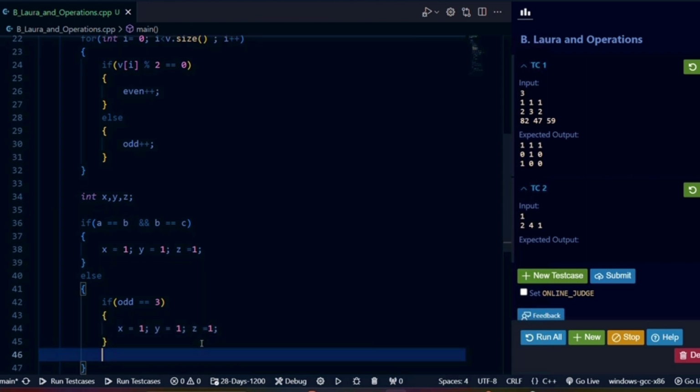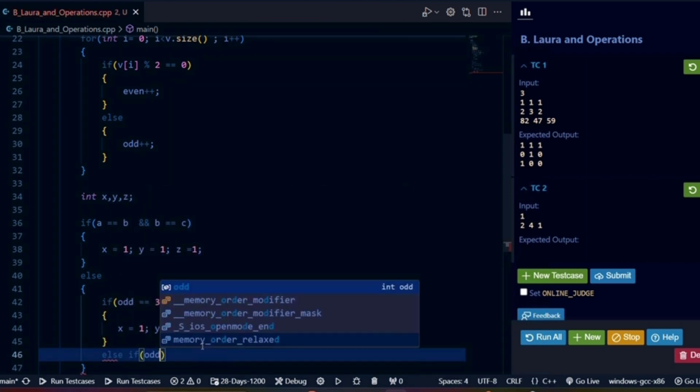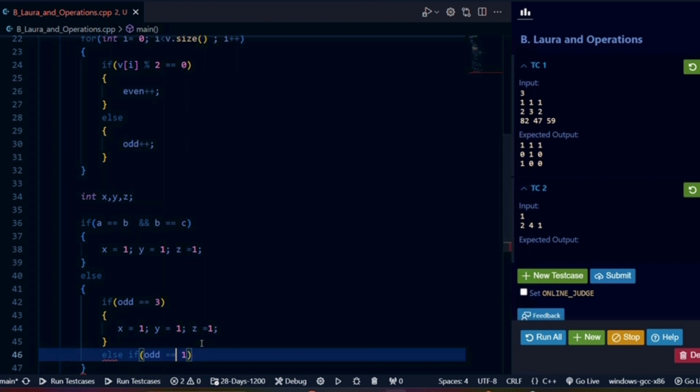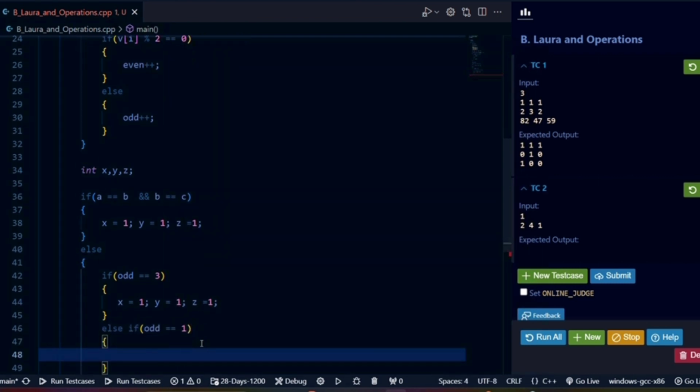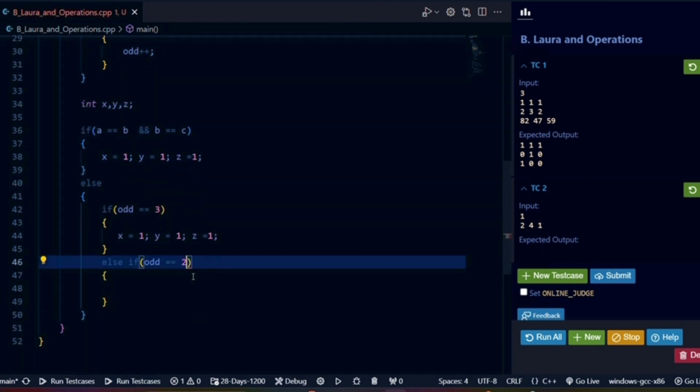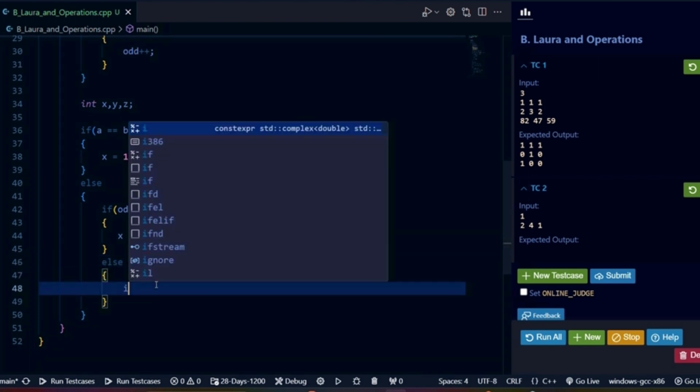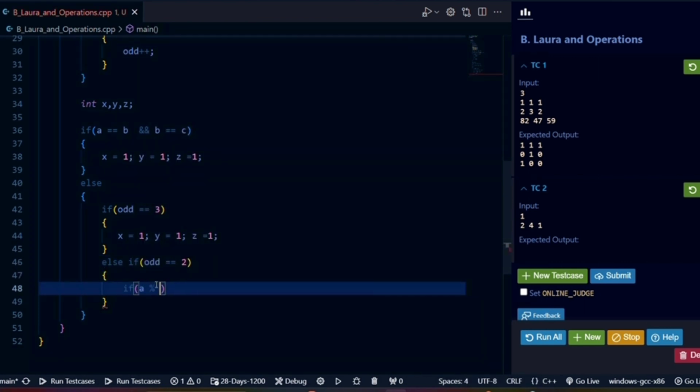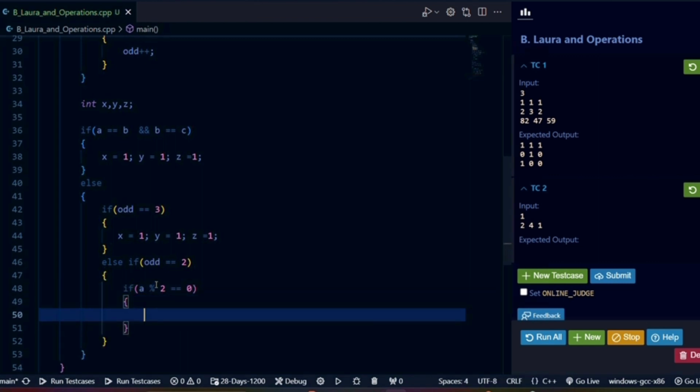Now suppose we have the second condition, if the number of odd terms is equal to 1. Number of odd terms equal to 1 means I will check which term is odd in the vector. How can I do that? First of all, it would be 2, means we have two terms that are even. So I need to find which term is odd. Suppose if a modulo 2 equal to 0, means if a is even, so in that case my output would be